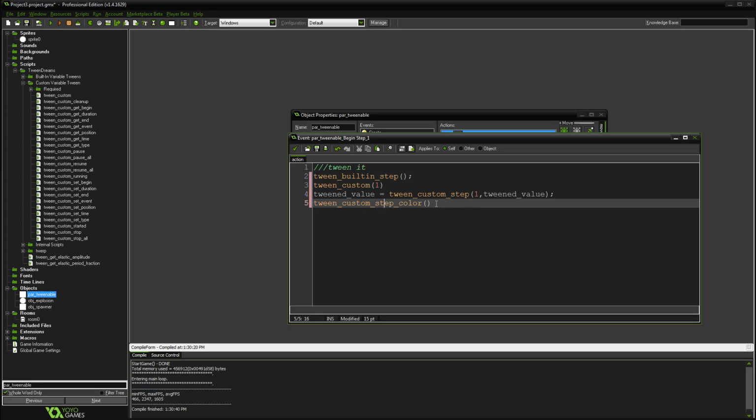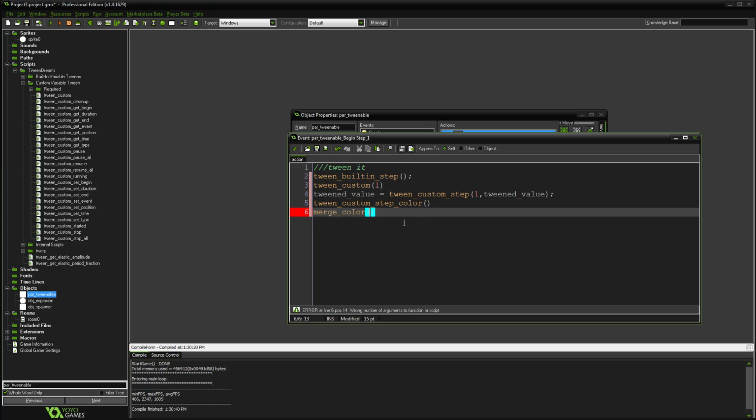These use the color ones along with the image blend tween, which works just like image blend. They use the color merge built-in function, or merge color, I think it's called, which is kind of like lerp, but for colors. But the thing about merge color, it does not extrapolate. So if you use the